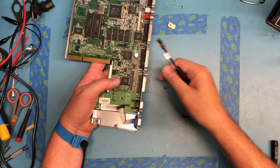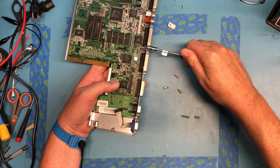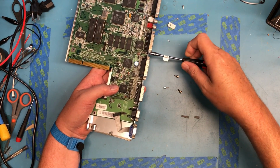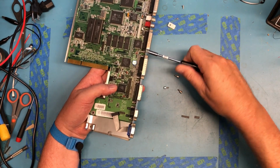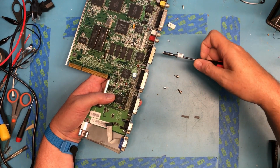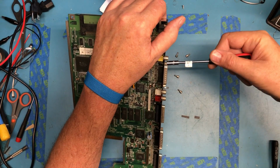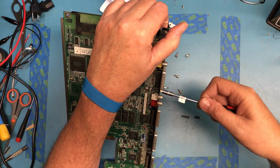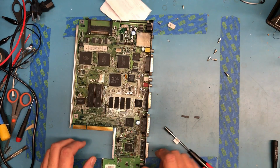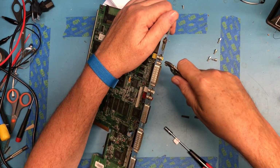I don't know if it'll release them all. Some of them it doesn't really want to go on, some it does. Come on, back all the way out. It's just too tight on a number of these. But still, that was very helpful to at least get that far. Some of these are just going to plain require a